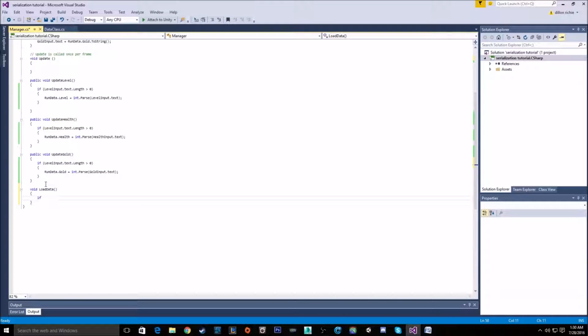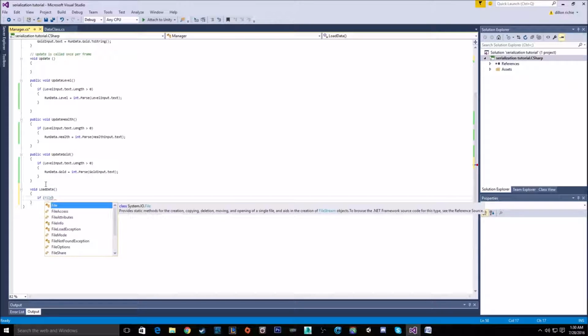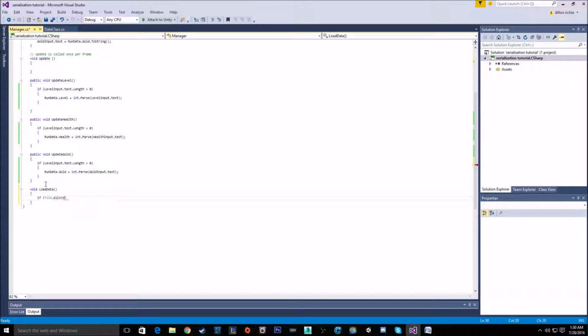So, let's start off by doing if File.Exists, and then next we're going to be doing our data path. The data path I'm going to use is one built into Unity. It is Application.persistentDataPath. Now that is built into every project,